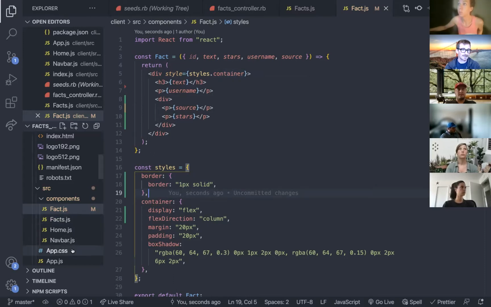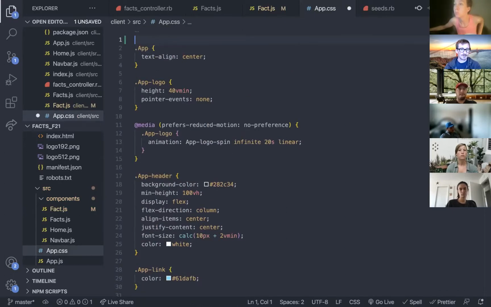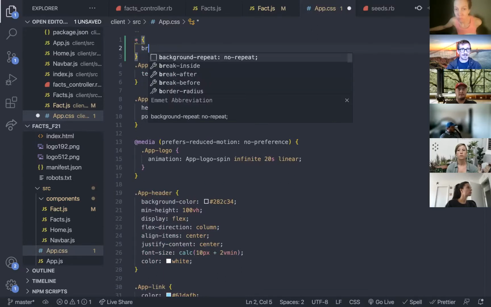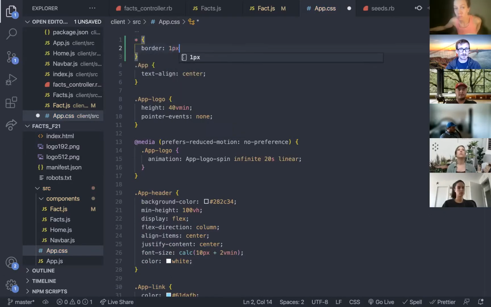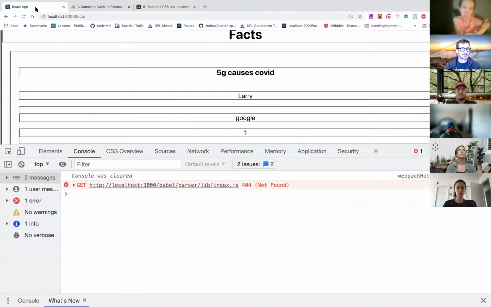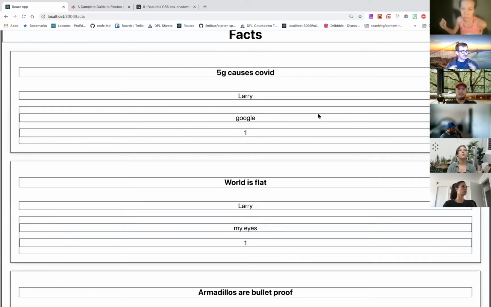Another quick way to do this is in your app.css. If I want to give everything a box, this can be a nice little trick. You do a star. This is going to apply the style to everything. And then I could say something like border, 1 pixel solid. And now everything is going to have a border. Obviously, it doesn't look good, but then it can kind of help you see what space